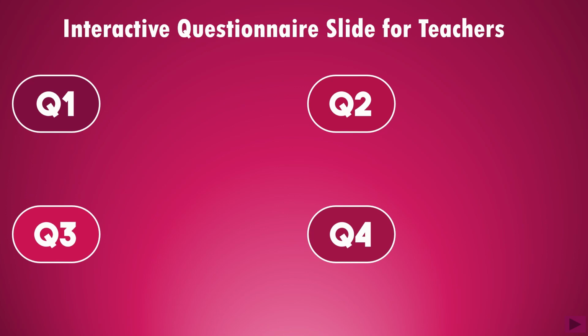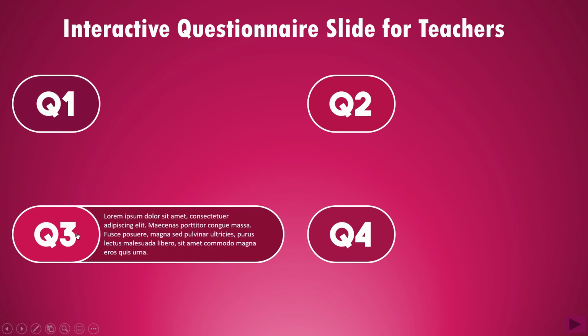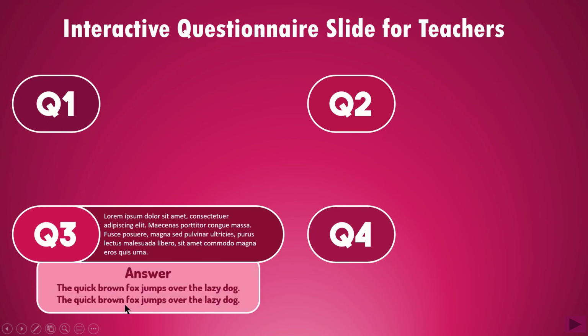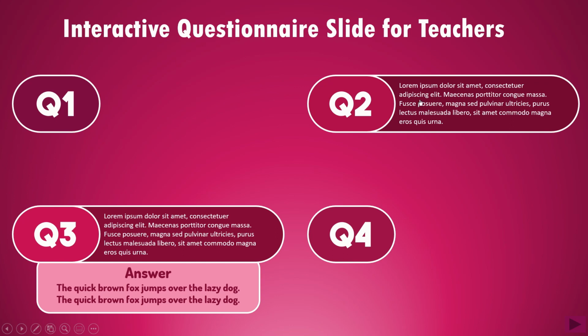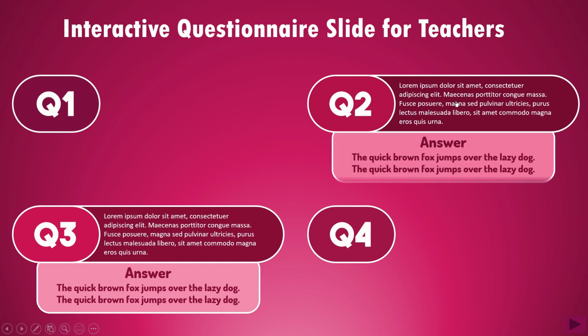You have to unmute a student and ask them to choose any of the four options. If a student chooses option number 3, it will reveal the question of that option, and with another click it will reveal the answer to that question. Similarly, you can unmute another student. If he chooses the second question, it will reveal the question. Once they reveal the answer, you can click on it to reveal the right answer.